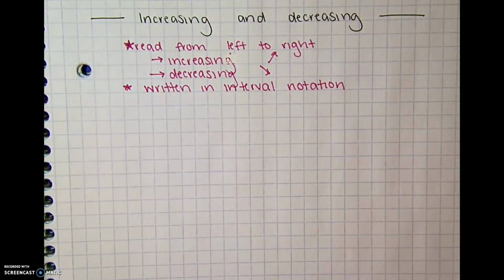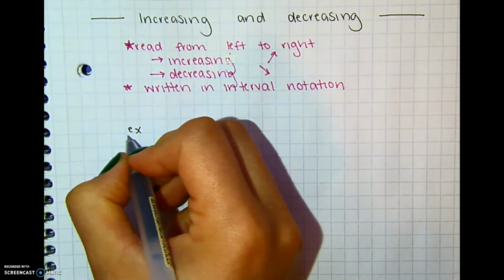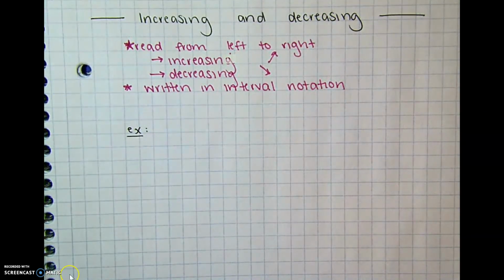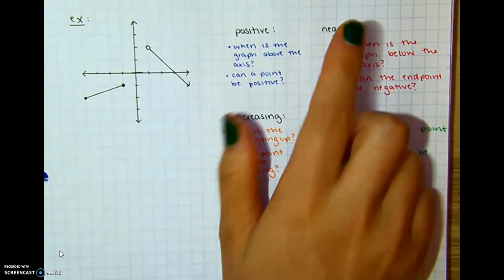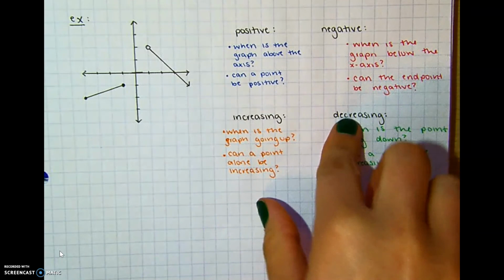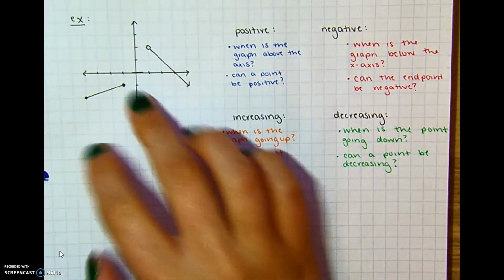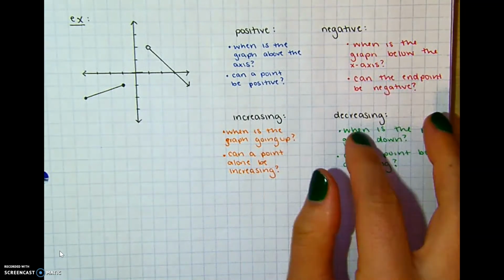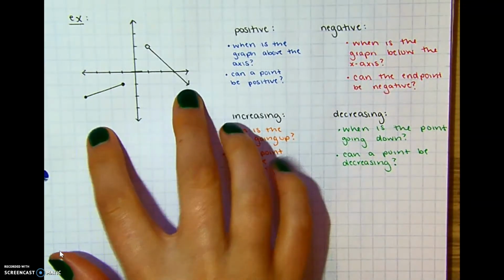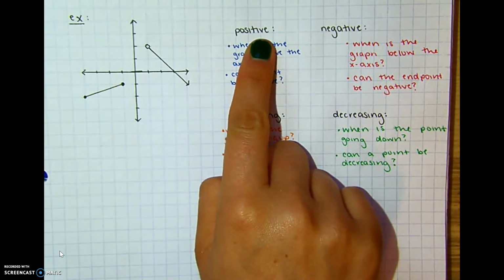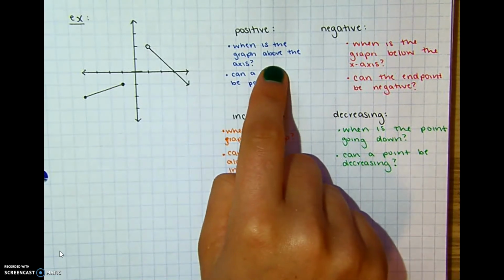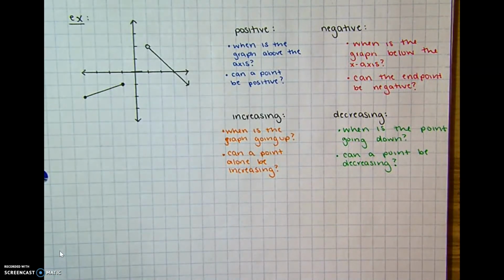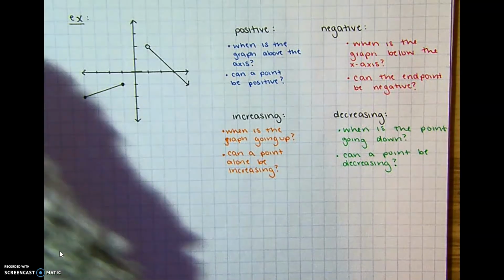All right, and we've got a little bit of time, so we can do a really quick example. So I'm going to pause my video and make a graph, and then we'll go from there. Okay, so I know I wrote a lot of words. We're just going to say, okay, where is it positive, negative, increasing, and decreasing? Probably pause the video and just copy down the graph. So when we look at this graph, when is it positive? Well, that means that we're asking, when is the graph above the axis? What is the interval? So if we look here, it's above the axis from